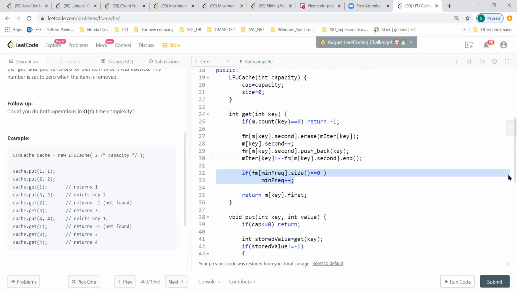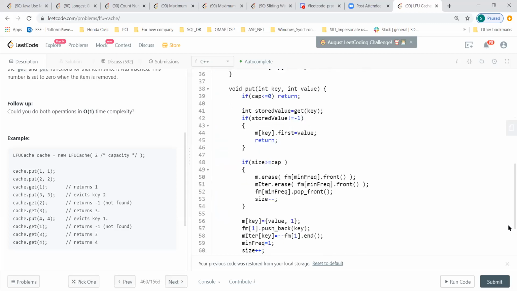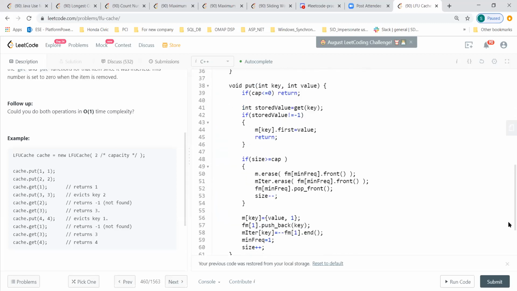Can you scroll down, please? Like the last part of the put. Okay, we'll come to the minimum frequency later. Yeah, go ahead. Sorry, what are you thinking about?